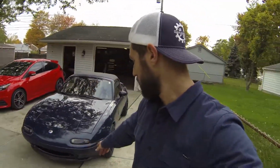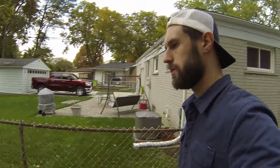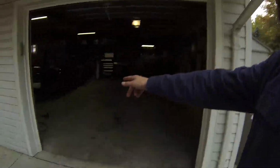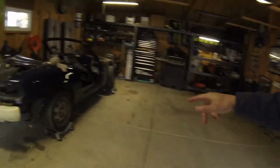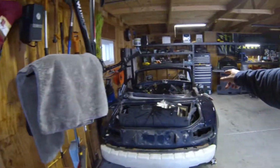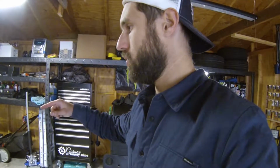So I'm gonna go ahead, I'm gonna do the front lip. I think I'm gonna paint it satin black so it kind of looks a little better. Maybe do some rubbing compound and everything else. Mirror came out good. I still need to clean the back of it. So it's coming along pretty good. I still have to do the suspension, the brakes, the hubs, and this list has got a little bit ridiculous. Still gotta pull the engine and trans out of that. I'm getting a cherry picker and an engine hoist tonight, so I'm going to start pulling that apart either this weekend or next weekend, but